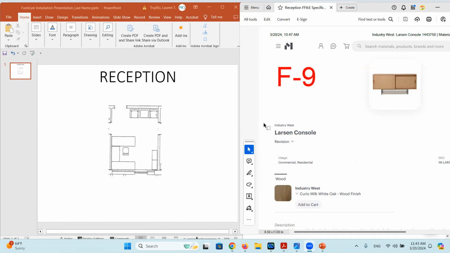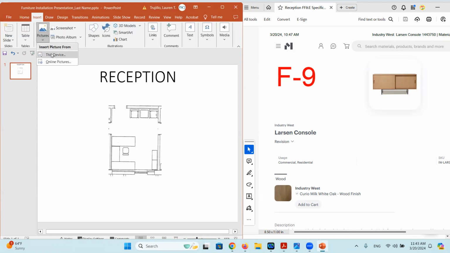In order to complete this next step, you have to either have memorized the furniture key designations for these items, so that you know which ones go where from this side's document, or you have to reopen the furniture plan and insert it again, just temporarily. I actually recommend doing the latter, because we really don't want to depend on our memory when we're doing such important documents like this.